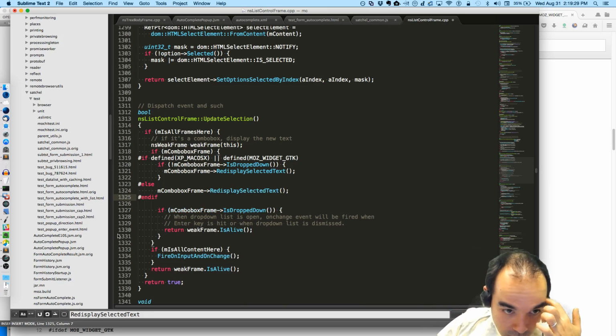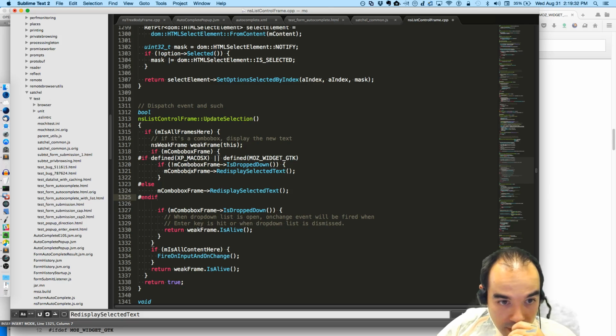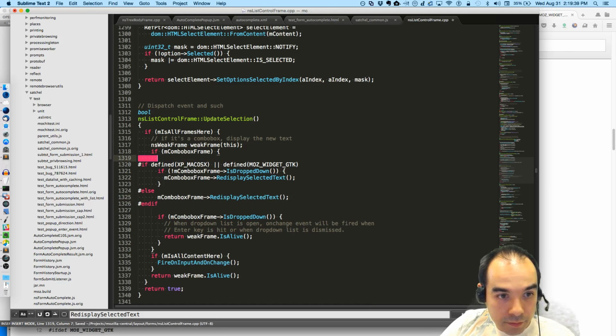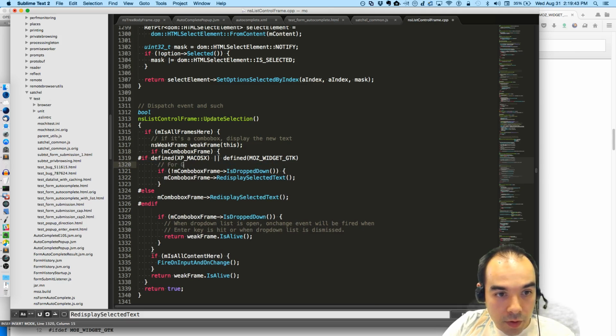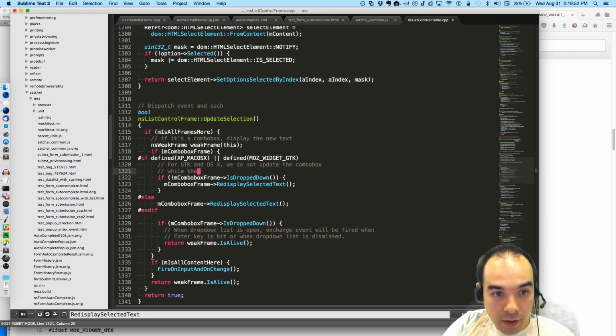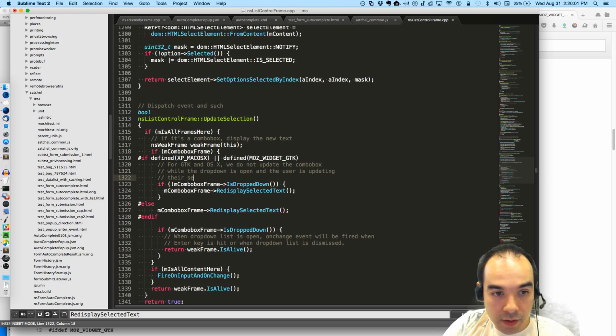If we're on OS X or widget GTK, then we check. For GTK and OS X, we do not update the combo box while the drop down is open and the user is updating their selection.